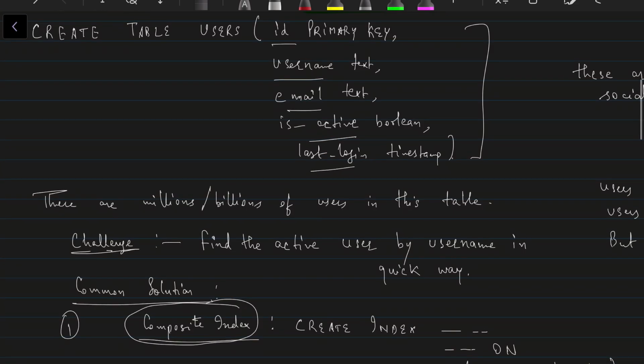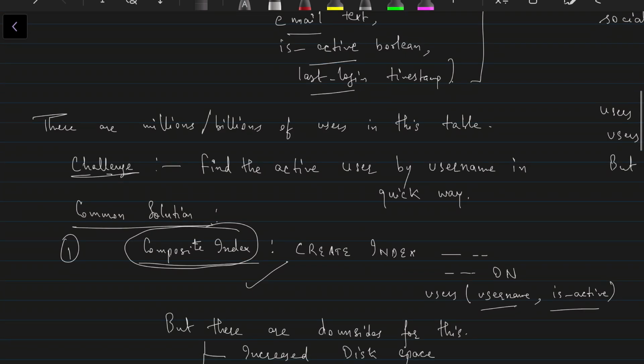Now if you go this way, the composite index way, there are two downsides. First downside is it would increase the disk space. For example, the username is abc, and is active is true. Similarly, some username is there like rahul,